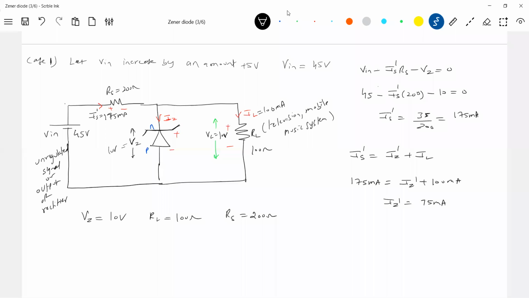What is a Zener diode? Current across it can increase, but voltage across it remains constant. And since the load is connected in parallel to the Zener diode, the drop across the load remains constant. So how will the current remain constant? Apply Ohm's law: if the potential is 10 volt and RL is constant, the current will be constant. So though the input voltage increases, the Zener diode will ensure the potential and current across the load remain constant. But sir, current is increasing. Let it increase, because that's what the Zener diode does: current across it can increase, but voltage across it remains constant. So how is it possible?